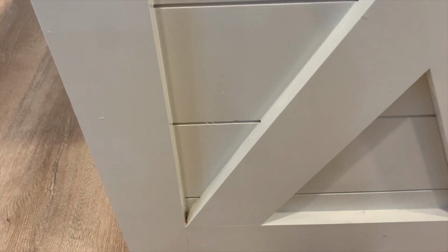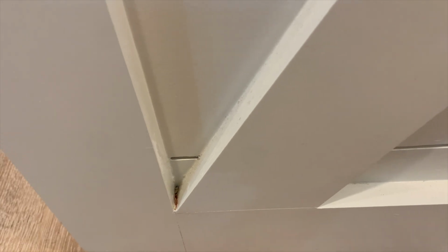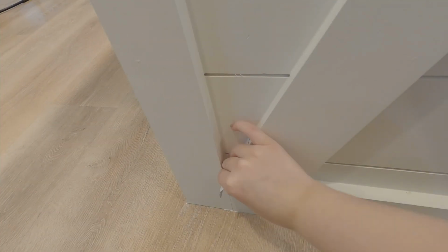Like, this is a new house, y'all, and we just moved in about 6 months ago if you're new here, so there isn't a ton of super dirty places to clean. But if you do let these things get out of hand, they could eventually become too much to handle. So you see in those little cracks there's like crumbs, which I have no idea how it got there, so I'm just using a card to try to get that out,